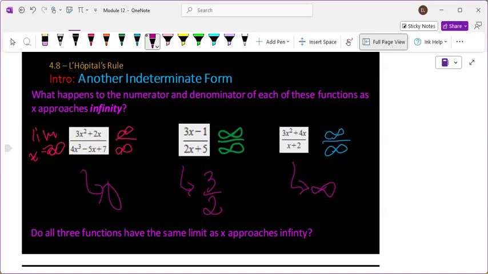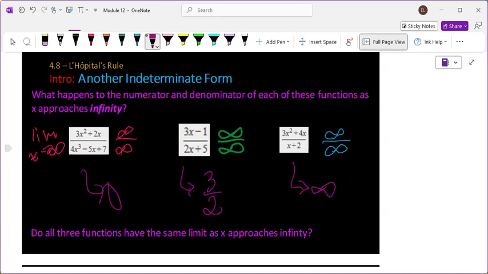The good news is L'Hopital can absolutely handle this for us. So if you look at the guy in the middle here, if I take the derivative of the top, I get 3. I take the derivative of the bottom, I get 2. Oh, look, that's what the limit was. You know, if I took several derivatives of the top versus the bottom, anytime there's still an x, your limit's still going to be infinity.